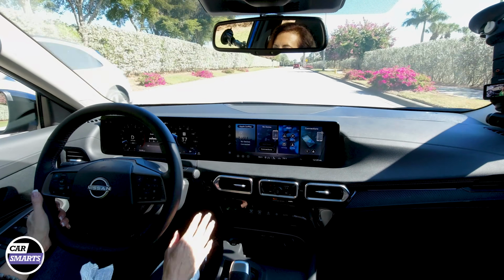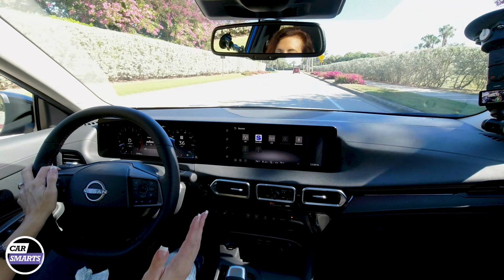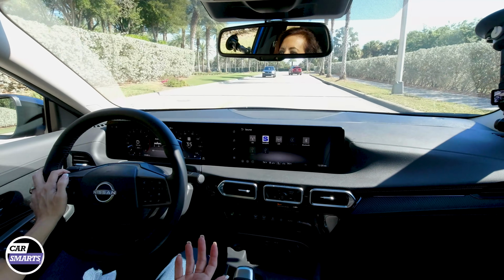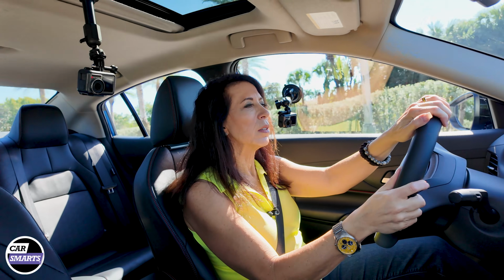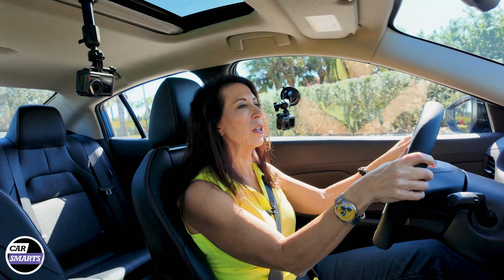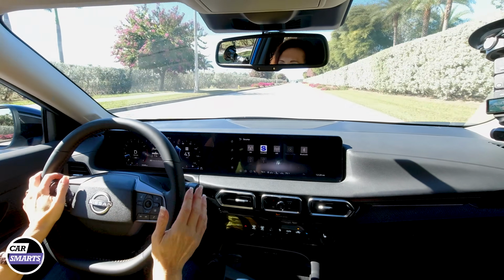Going into the home screen, you've got your audio system, which includes AM, FM, Sirius, of course, Bluetooth. You can connect your Apple CarPlay, your Android Auto, whichever works for you. As far as acceleration is concerned, this car is not meant to be a performance vehicle. It's meant to be great transportation, has good value, and that's where I say constantly the Nissan Sentra and its